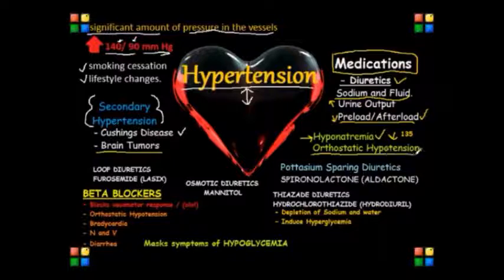Now, let's go over the different types of diuretics that you will most likely encounter in the NCLEX exam, and that would include potassium-sparing diuretics, and one of the most common types is spironolactone, which is Aldactone, right? Another group of diuretic is loop diuretics, such as furosemide, which is Lasix, right? Another group are the osmotic diuretics, and the most common drug of osmotic diuretic is mannitol. Okay, and lastly, we have the thiazide diuretics, such as